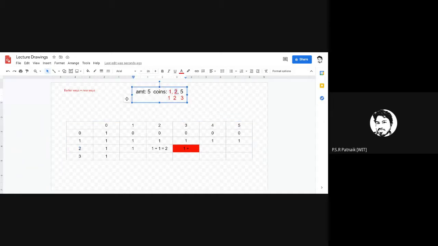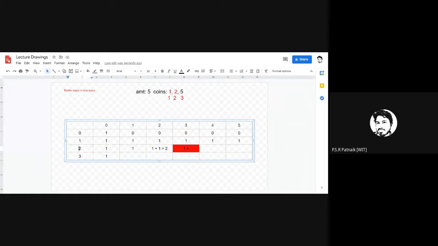Is 2 less than the amount? Yes. If 2 is less than the amount, it means that from amount 3 minus 2, if from amount of value 3 I subtract currency value 2, what is remaining? 1. In how many ways can I realize 1 by using coins 1 to 2?